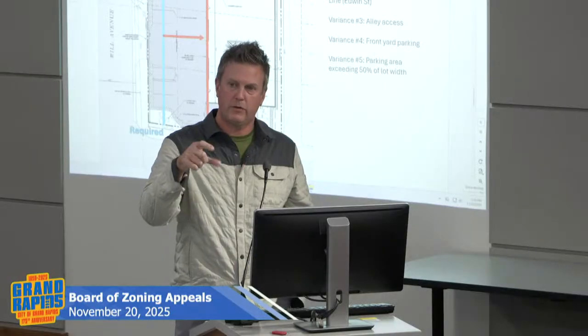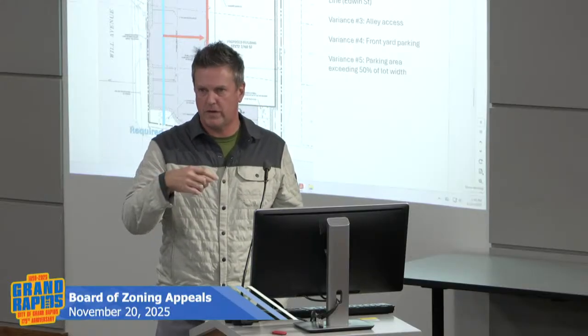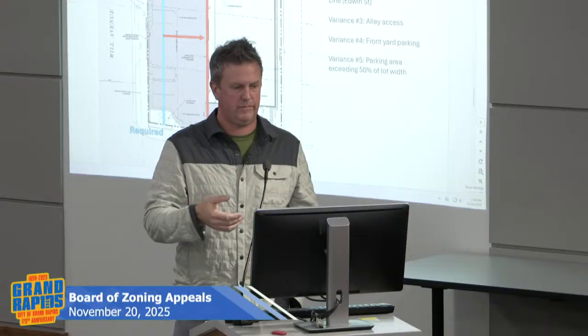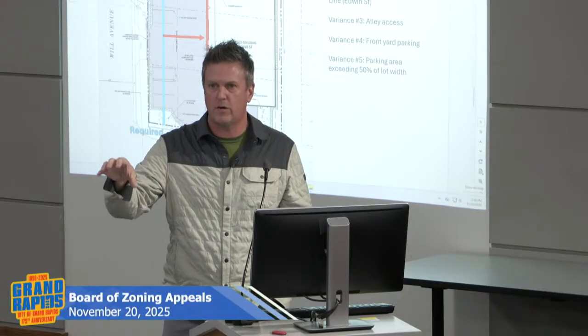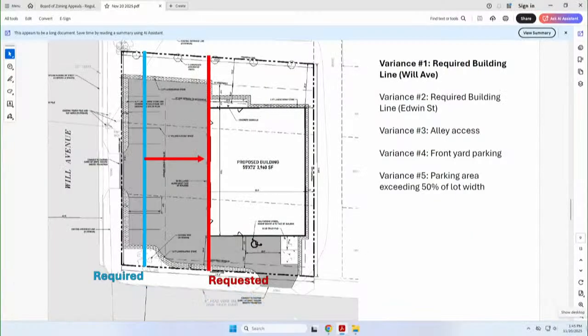No, that doesn't work because there's a green space belt on the north end of that lot, and we've talked to the neighbor there, that's the one residential piece of it, that we were trying to be polite to, so the traffic isn't right in her backyard, in her side yard there. So you can see on the north side of the lot, it's a bigger green space with landscape buffer and screening. Okay, but if you just had a curb cut at Edwin, then it'd still give you all that access, you can still keep a green space up to the north side. So essentially what you're saying is without these variances, you cannot use the building at all? Not the way that it makes the most sense, no.